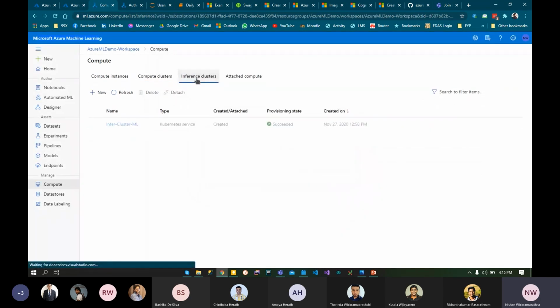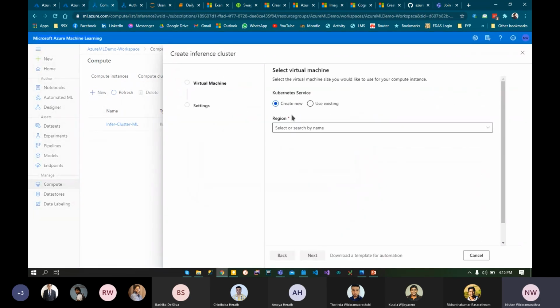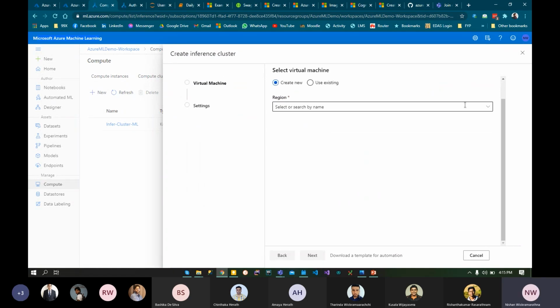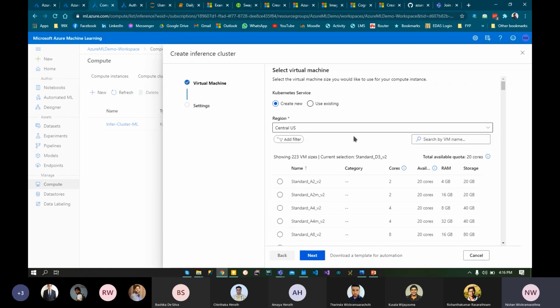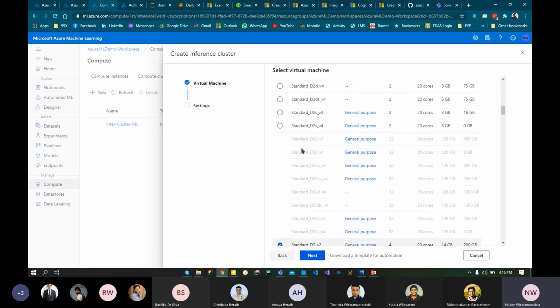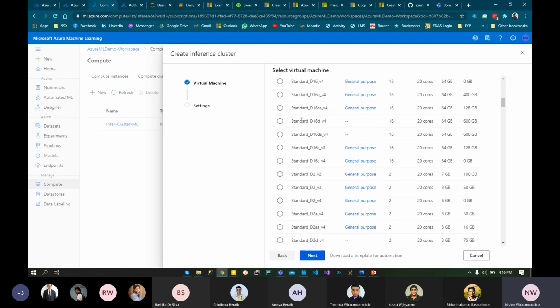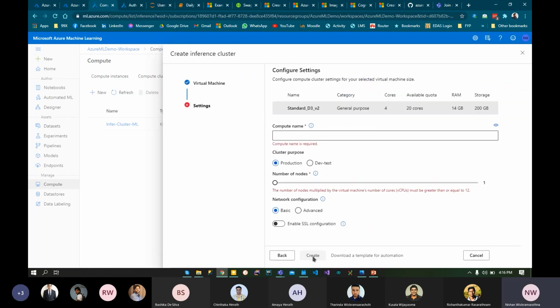Yes, and if you go to create an inference cluster, then you have to create a new one. Then you have to select the region as well for inference clusters, because they are running on Kubernetes. And if you want to create a new instance, what you will get is again this kind of a selection to decide which one to use. Here there is some level of further customizations. So you can see here you can decide number of nodes and compute name as well. And if you want to have SSL configured, you can configure that as well. There's that, and